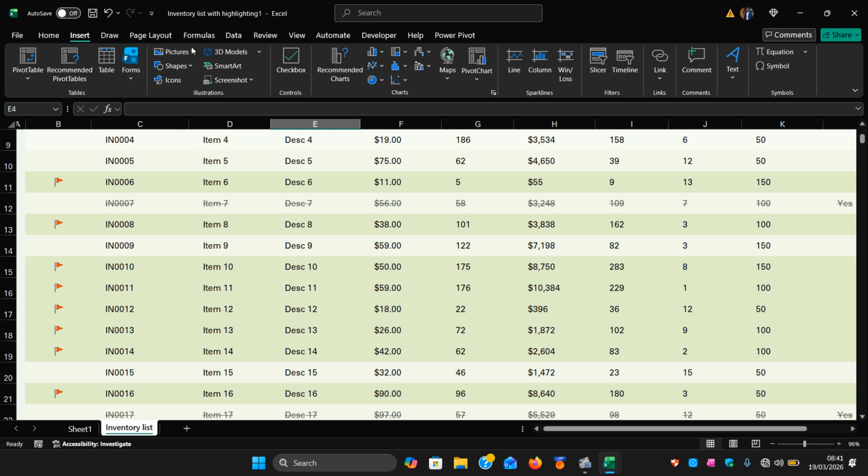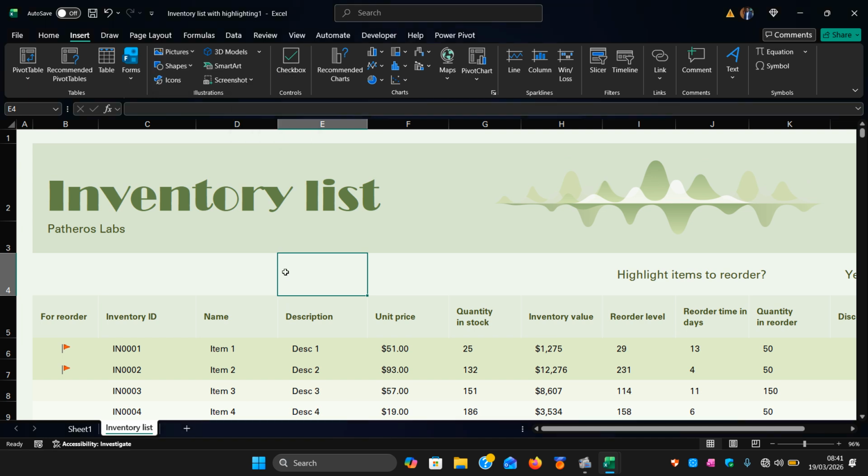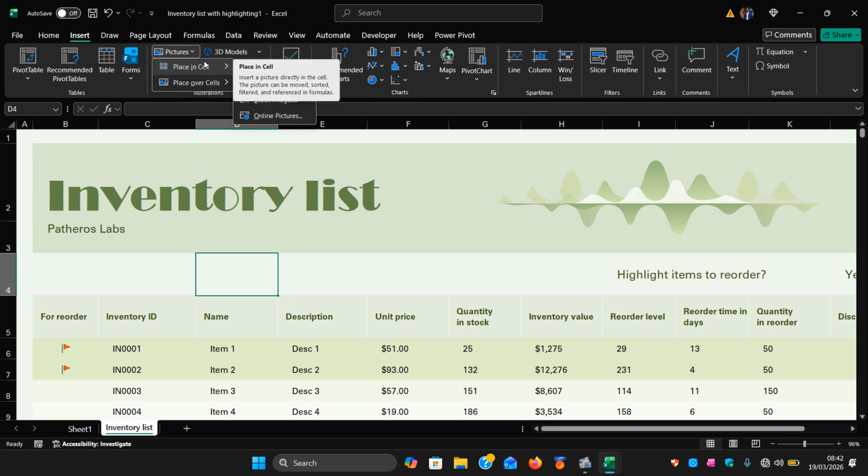And then we have pictures here. I have talked about pictures in Microsoft Word, but there's a difference here when you come to Excel. You can either insert a picture in a cell or you can insert a picture over the cells. So for example, if I click on this cell or this one, any that I like, and then I come to pictures to place a picture in the cell, and then I will go